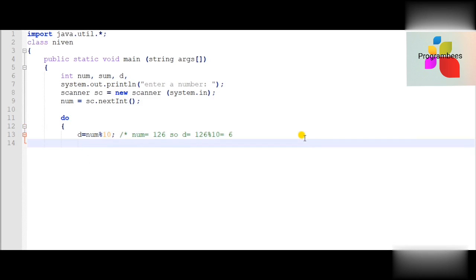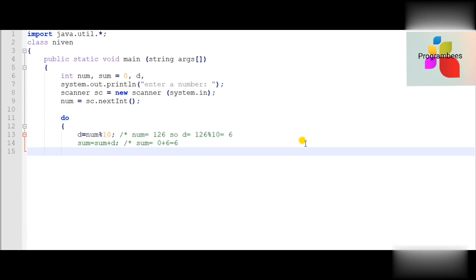Again we need to calculate the sum. So I am taking sum equals sum plus d. Because we are declaring sum, we have to give the initial value, that is 0. So sum equals 0 plus d. d is 6, so 0 plus 6 becomes 6. So sum is 6.